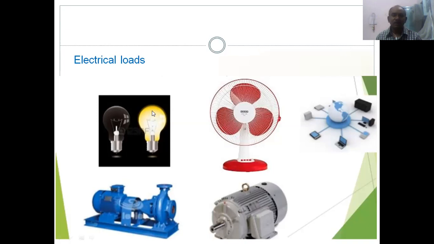At the domestic level, we have the single phase supply, that is 230 volts, with a contracted load of less than 5 kilowatts. Whereas in industry and commercial, one can opt for single phase or three phase supply where the load is more. Now let us see how this bulb is controlled. To control it in a domestic setting, we require a protective device. For lighting load purposes, less than 5 amperes, generally we can use switches.